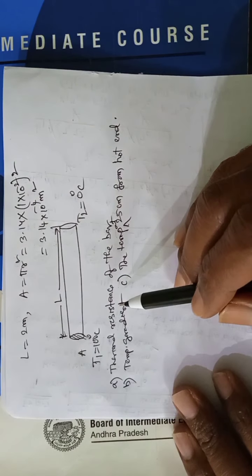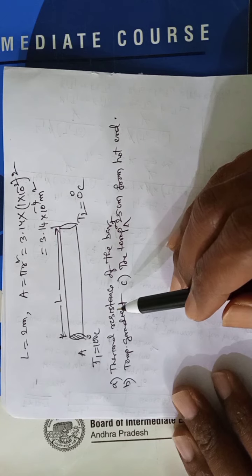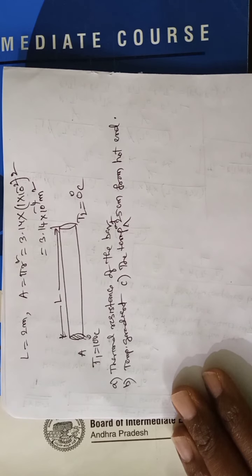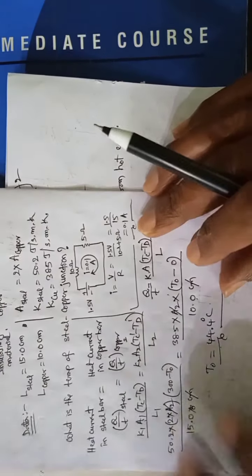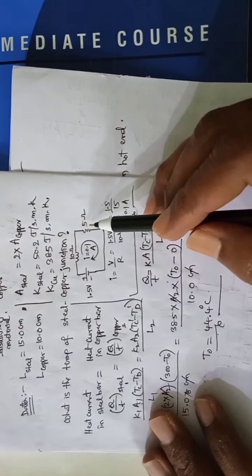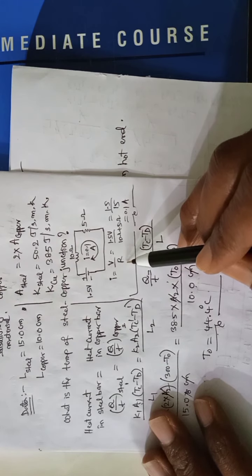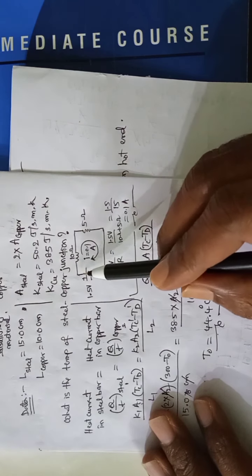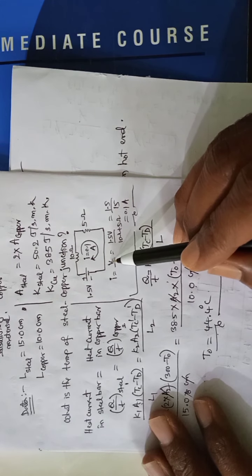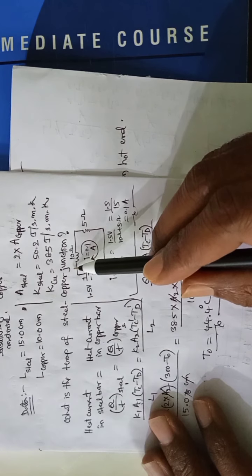What is thermal resistance? You know about electrical resistance, but you don't know what is thermal resistance. If you know electrical resistance, let us go to the electrical circuit that we have seen previously. See here, a voltage source is there with 1.5 volts and two resistors are connected in series with this. So current is equal to voltage by resistance. This is the formula used here. The voltage is nothing but potential difference between the cells. So the V also can be called potential difference. And because of potential difference only, current can pass.